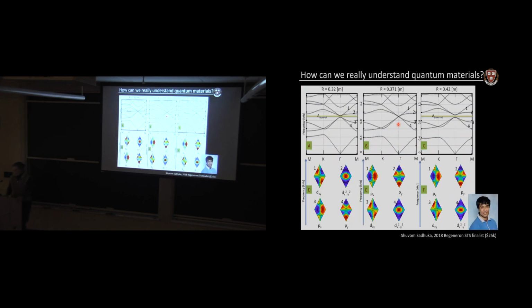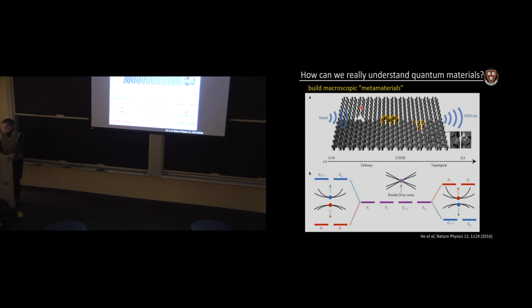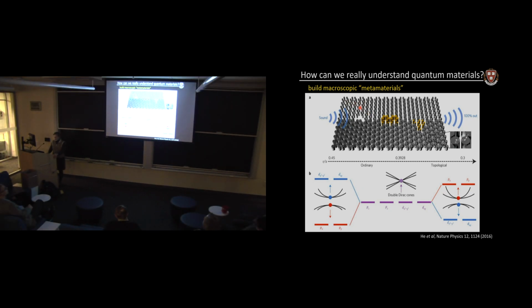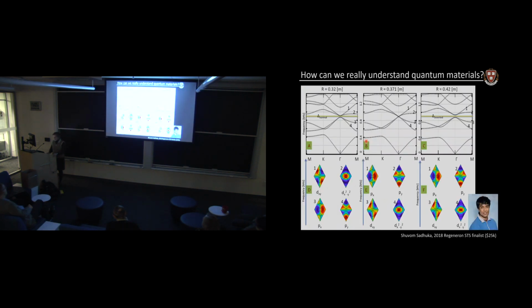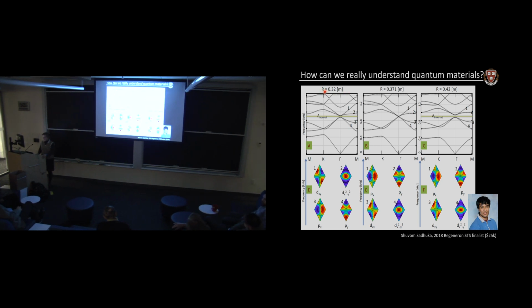So we built a material that looks kind of like this. It's a honeycomb lattice of stainless steel pillars in air or water. And it turns out that you can calculate the band structure as a function of R, the radius of the pillars, assuming a 1 meter lattice constant, which is ridiculous, of course. But I'll get to some more realistic parameters in a moment. This was a high school student who wandered into my office during his junior year and said, I'm a topologist. What can I do in your lab? And I said, okay, well, we'll figure out something for you.